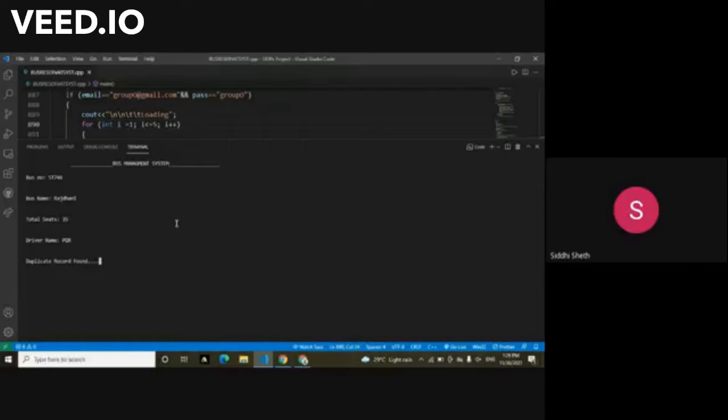As we can see here, a duplicate record is found, so we have to add the bus of another name.